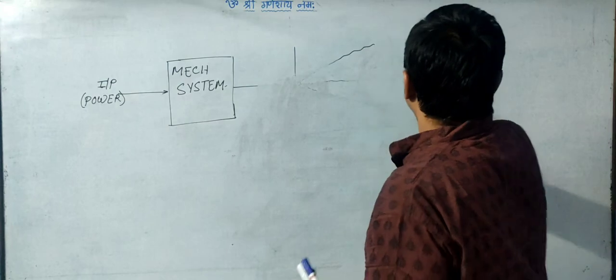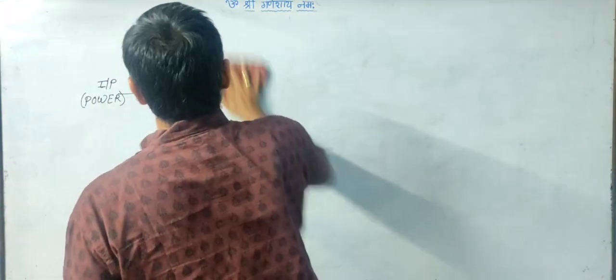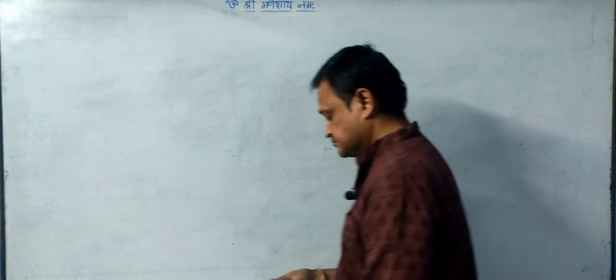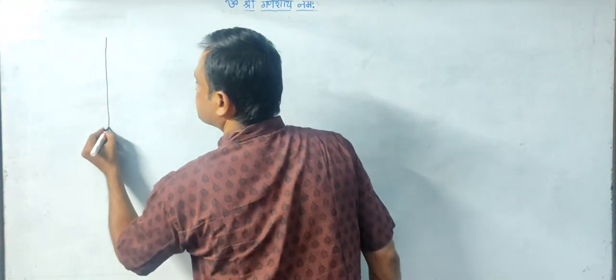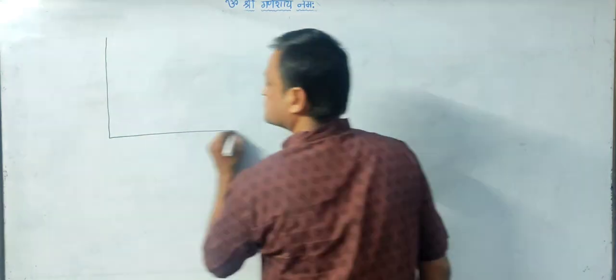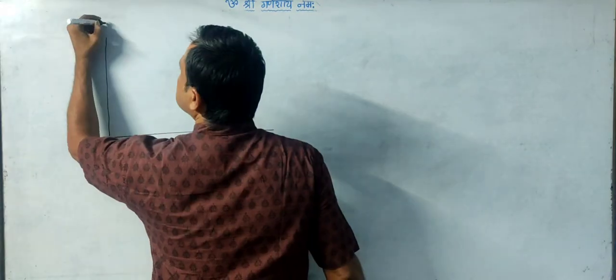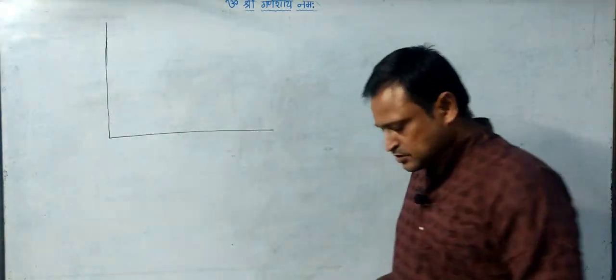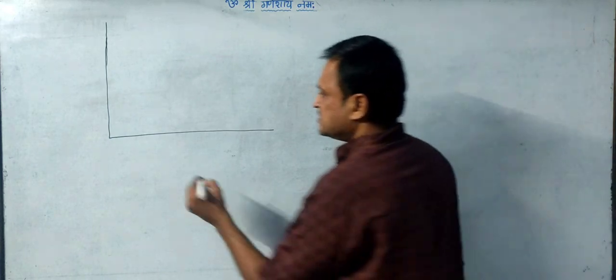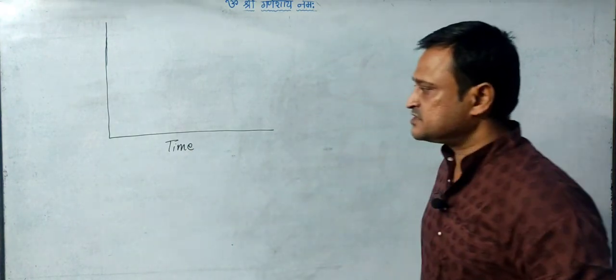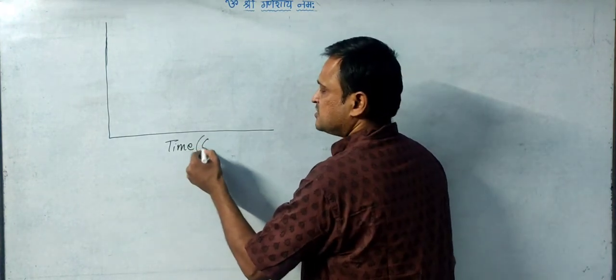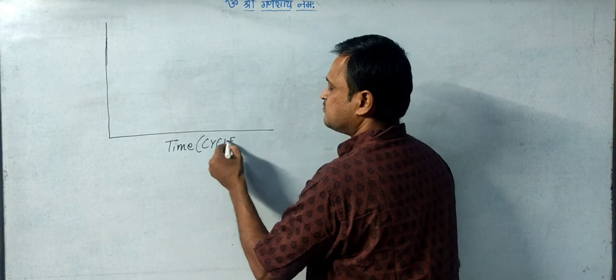So let us see that. If we plot a graph with respect to time, or maybe this is the cycle time, for one cycle we are talking,